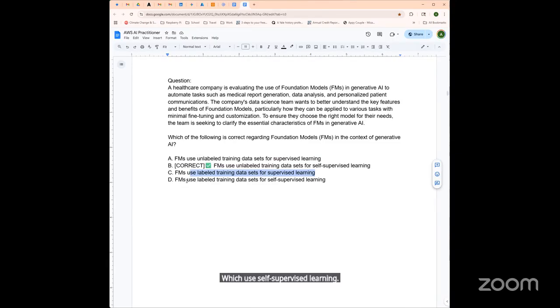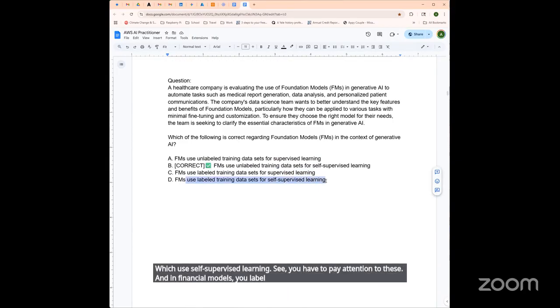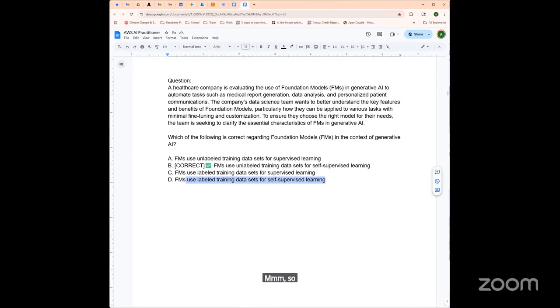So you have to pay attention to these. And then foundation models use labeled training data sets for self-supervised learning. So self-supervised learning by design does not rely on labeled data. It automatically creates supervision from within the unlabeled data set. Okay, so read it carefully so you don't get confused and lose an easy point.